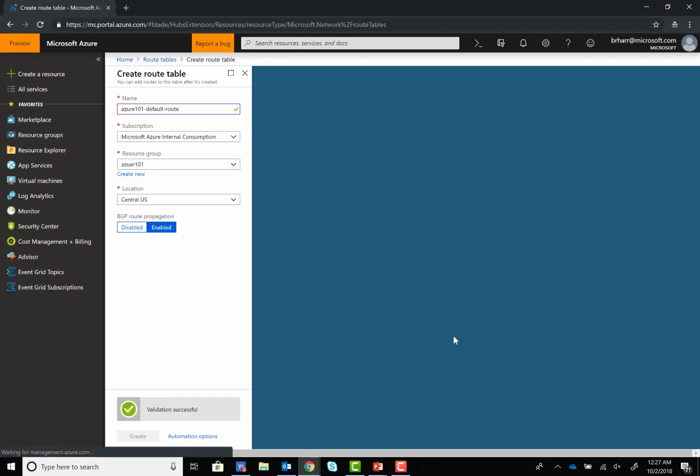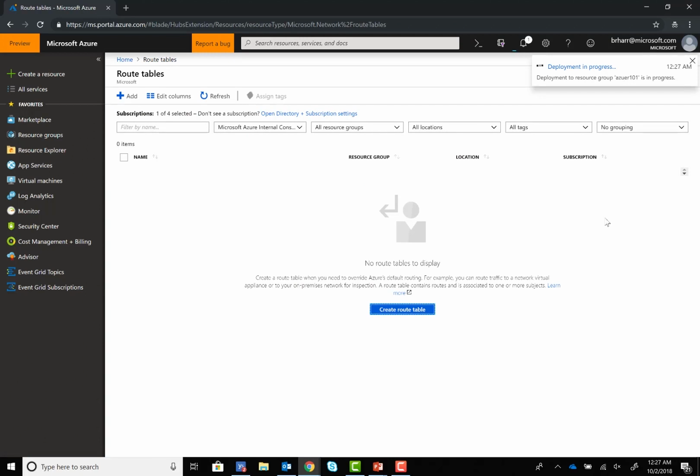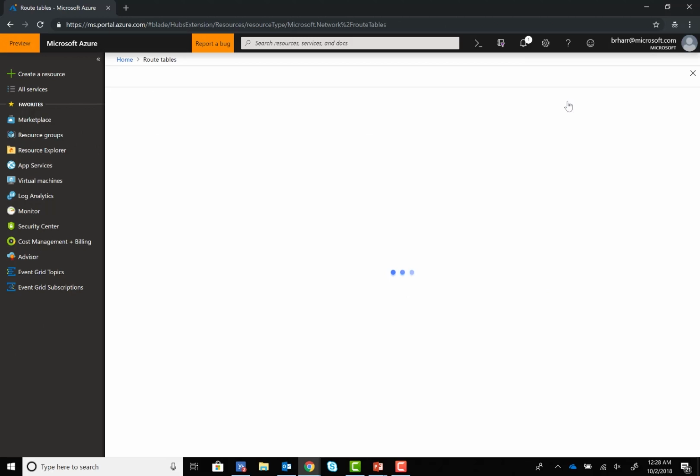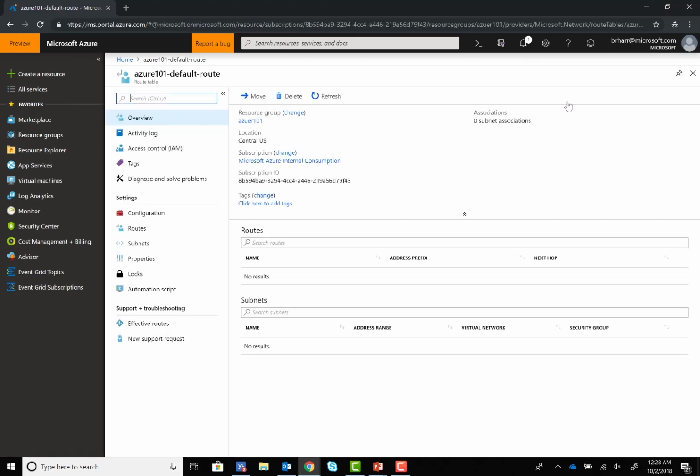And as soon as that's done, we can now actually go to the specific resource. Okay, we're going to go to our resource. And this is just an overview. Now, the first thing that you'll see here in the overview section is a list of routes that have been applied to this route table. There is a limit on it, and I believe it's 400 routes per individual route table. And I believe there's also a number of routes that can be applied to a specific subscription, as well as